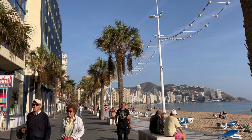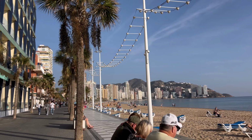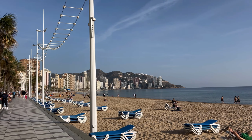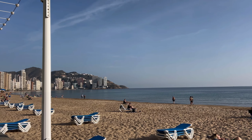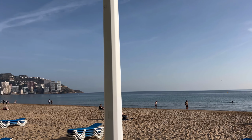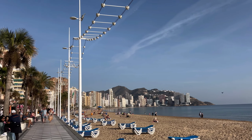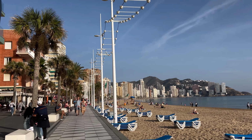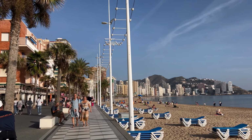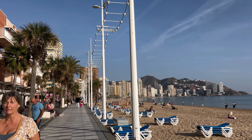Gorgeous 1st of December. Let us know which one is your favorite season to come here on holidays. I'm quite sure there will be those who love summer, who love the heat, hot temperatures, and a lot of movement around. But to be honest with you, this is the perfect time. Not every single year it's exactly the same, but hey, 1st of December, and to be looking like this,